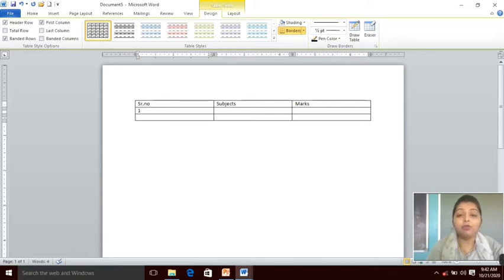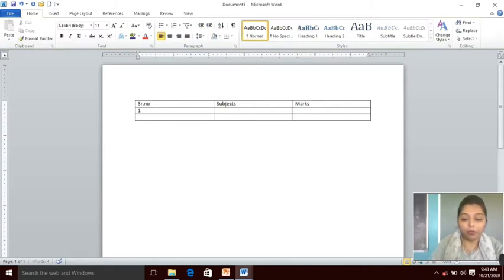Now if I want to move backwards, अगर मुझे फिर से marks वाले columns में जाना है, what I will do, I will press shift plus tab key. See, you can see the highlighted. Okay, marks highlight हो गए, means that currently I am working in that cell. See, the cursor will be placed here. To move backward, shift plus tab, and to move forward in the table, just the tab key. Clear? Now I will show you the next way how to insert the table.